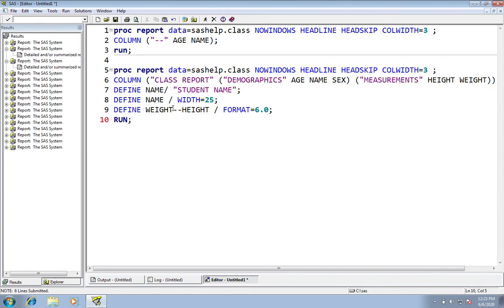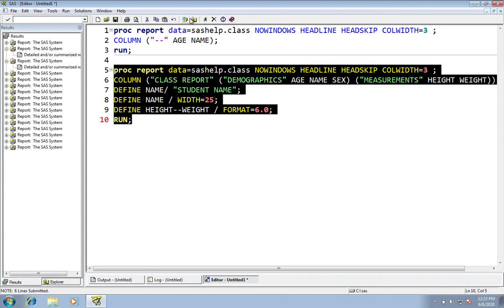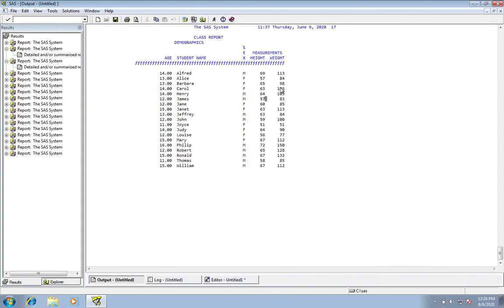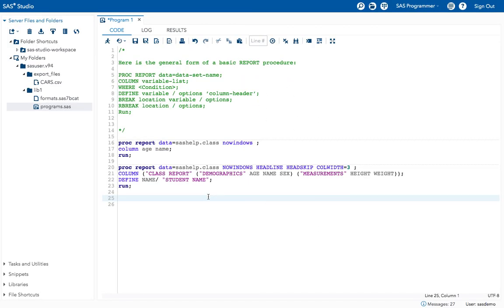What happened? Oh, define height hyphen weight. Okay, now execute the program. See, now I got height and weight both variables in the integer format.